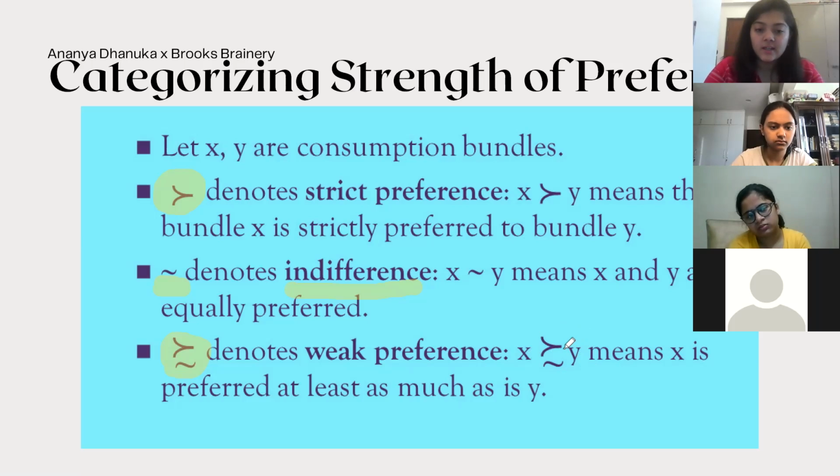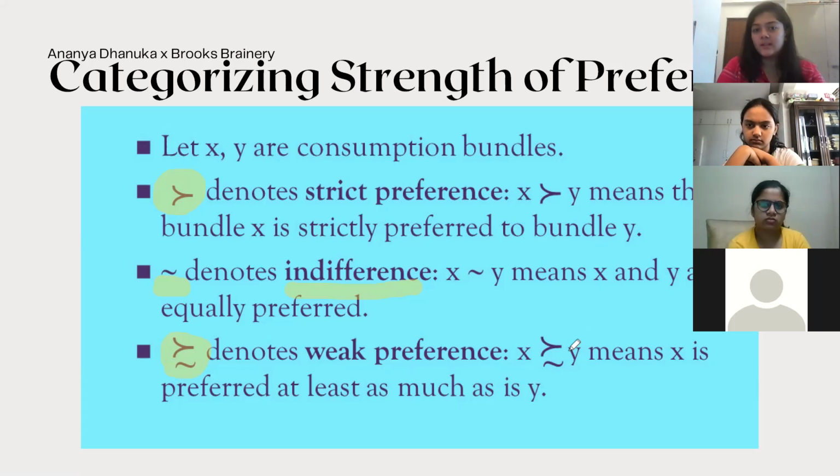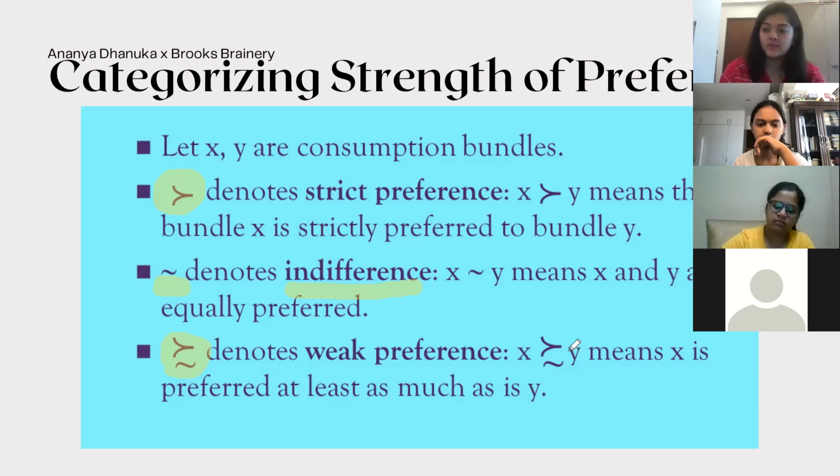How do you translate that? It means that X is at least as preferred as Y. So there can be situations where you will choose ice cream over cake, but there can also be situations where you could choose either ice cream or cake. So you have a weak preference. You're not hell bent on getting ice cream. You're saying, you know what, if I had to provide a natural example, let's say I have 50 rupees and I could get either ice cream or cake, right?